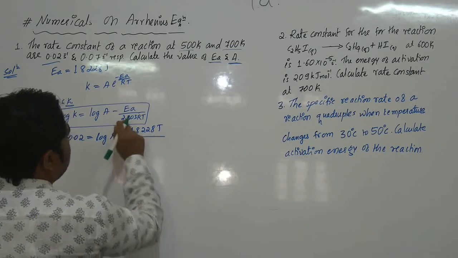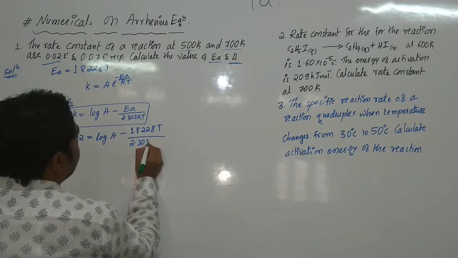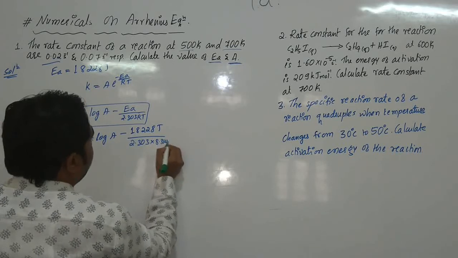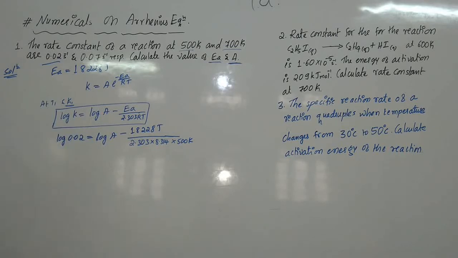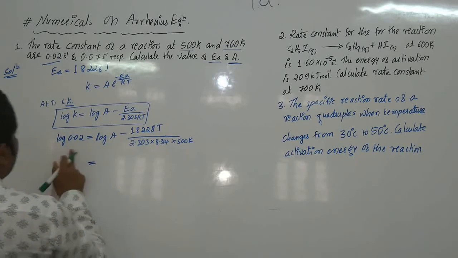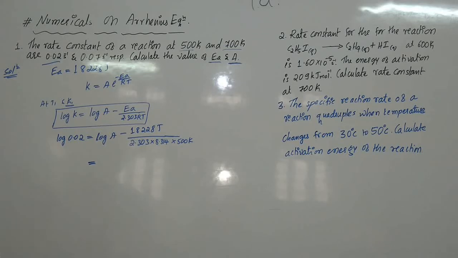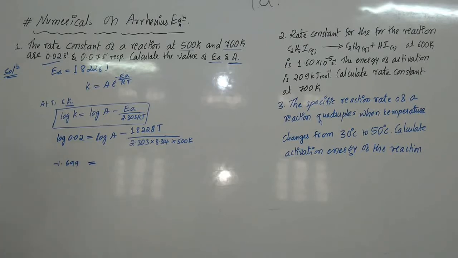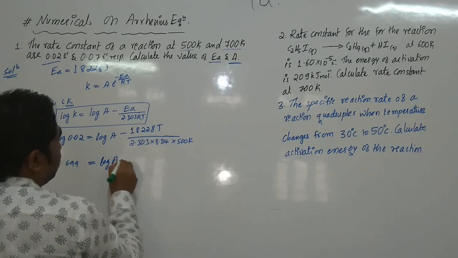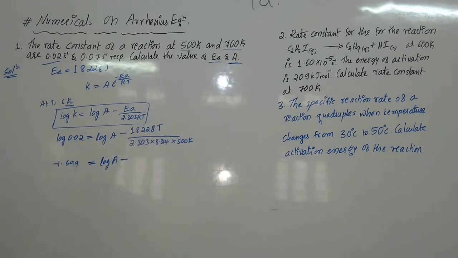18228 joules divided by 2.303 into 8.314 into temperature. The temperature is 500 Kelvin. So now log of 0.02 will be minus 1.699, isn't it? Why is it minus 1.699? Because the log of 0 point something comes in minus. So log of A minus, on calculating, we are going to get the value